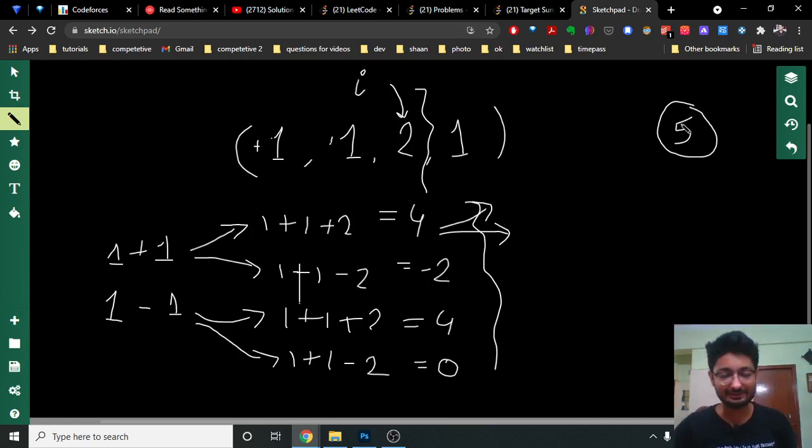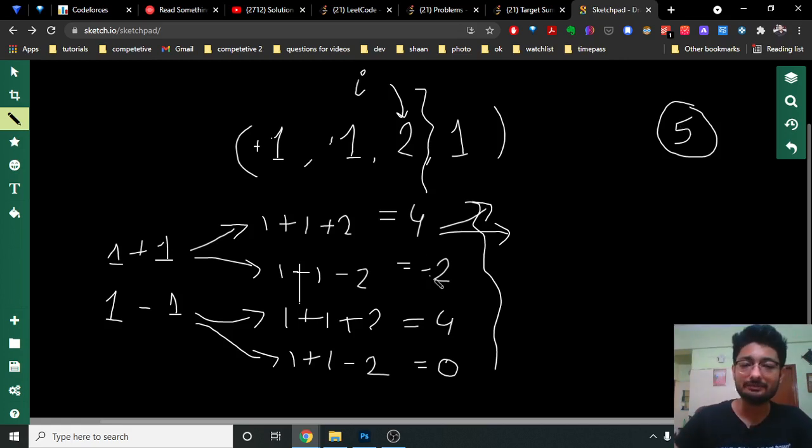Now this can be a particular logic for how to understand such deep problems. You have to first find out some particular state value. By state I mean that if you want to find the answer for this particular value again in the program, then you can use it by storing it somewhere.